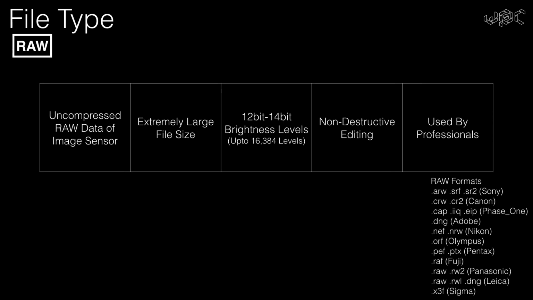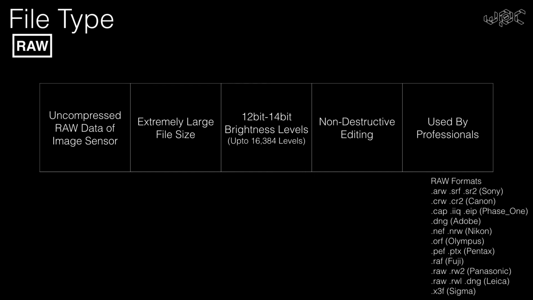Let's talk about what a RAW file is. When we take a photo from a camera, the image sensor actually records the intensity values of each individual pixel in the frame. This is a lot of information. A RAW file is actually a photo with information of all these pixels stored as it is from the sensor. That's why a RAW file is really big, and for a 16 megapixel sensor, the file could be from 40 to 50 MB also. Every camera brand has their own extension and can be found here on the screen.